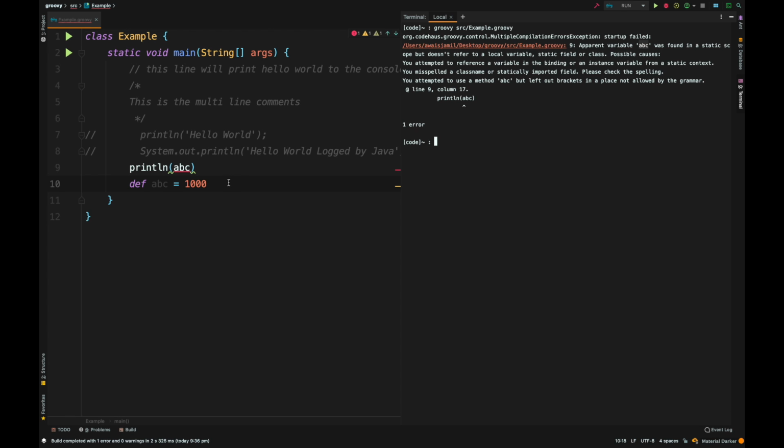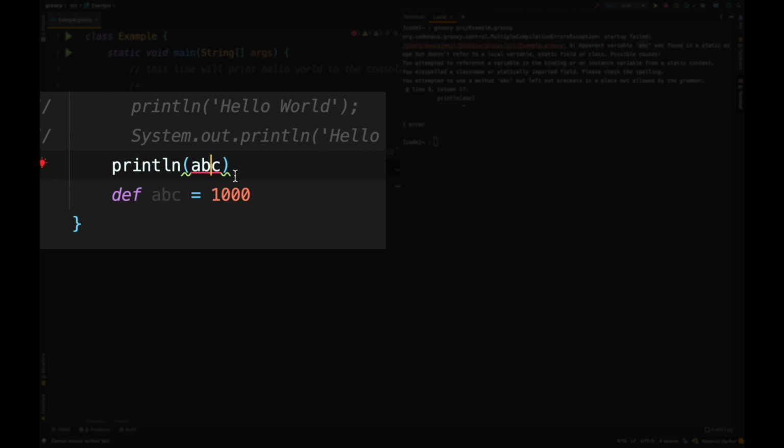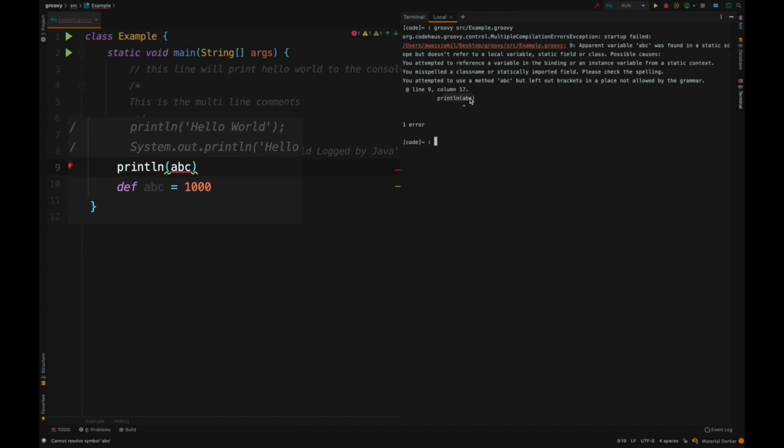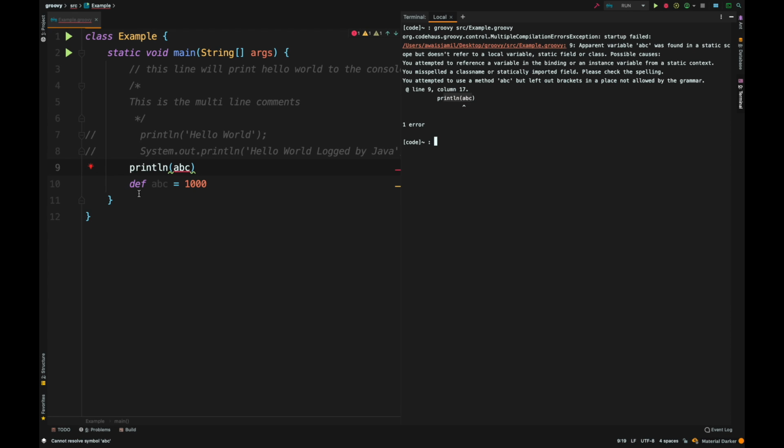So basically what's happening is when the compiler comes here, it says I'm going to print out this ABC, and it looks it up in the memory. It doesn't find ABC in the memory, and that's when it throws an error. The reason is that we haven't defined ABC yet. So you have to define the variable first if you want to perform any operation on it.